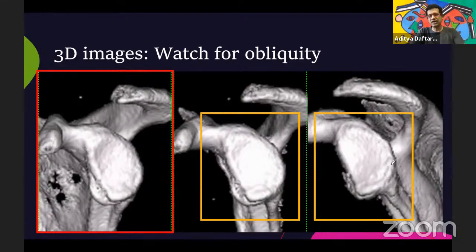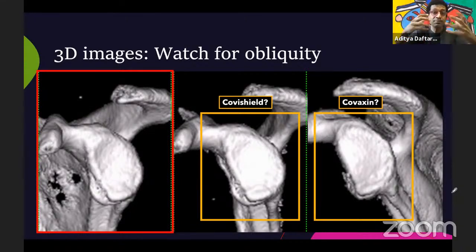In that situation, I basically say we're dealing with Covishield or Covaxin, whichever one you want. It boils down to a little bit of individual choice, realizing that when we think of even measuring bone loss, we measure bone loss in millimeters. And it is possible for anybody to miss a millimeter here and there. And if on the basis of that, you're going to say somebody goes from 18% to 19%, and that's going to change your management, then that's something we should be questioning very seriously. And then, of course, the image on the left is actually coronal, so let's not even go into that one. So ignore the obvious. My dictum is, if you're getting close enough, accept what seems close enough to the appropriate obliquity.